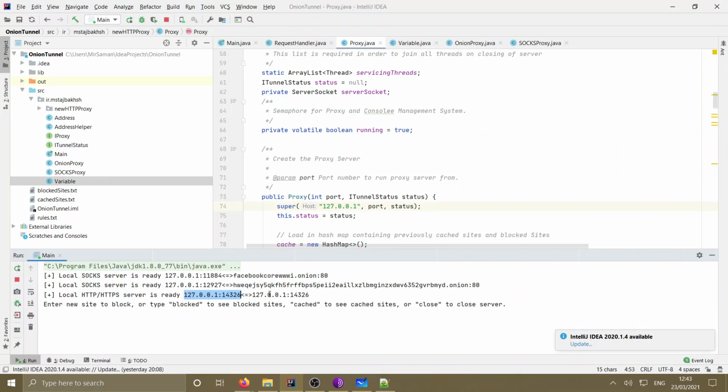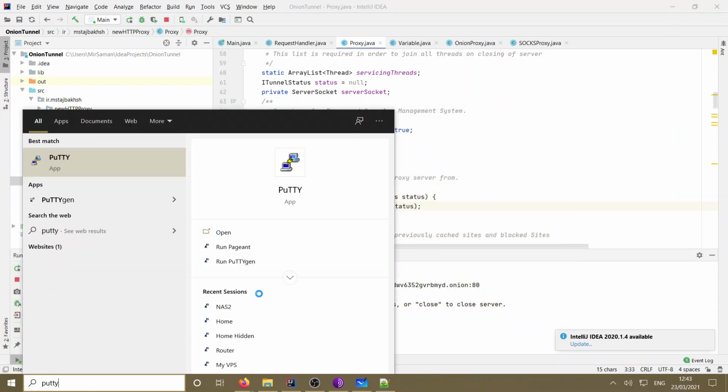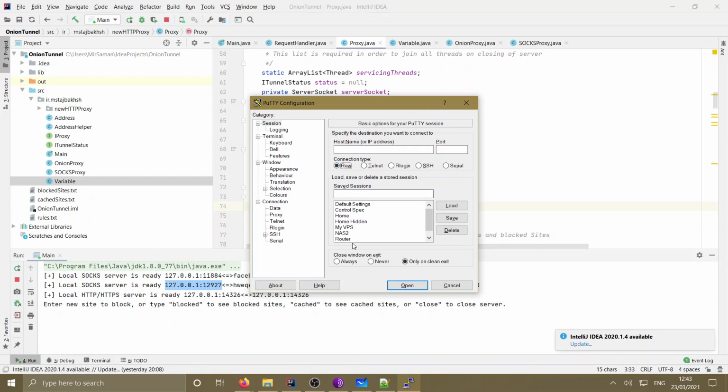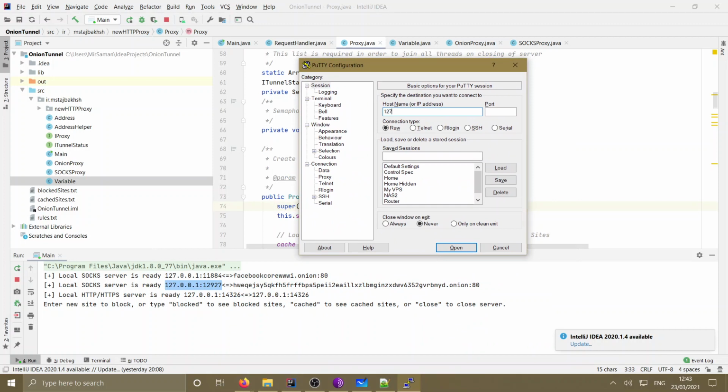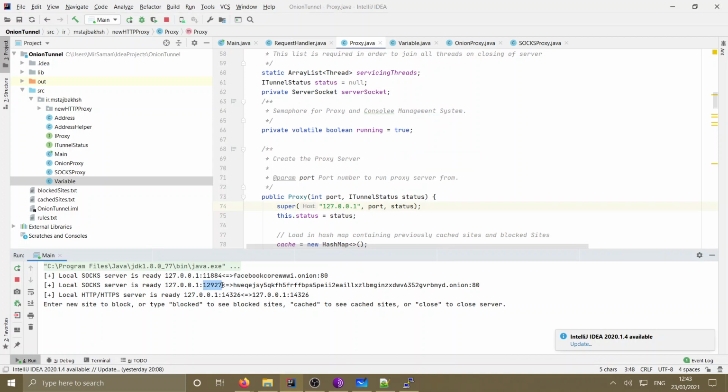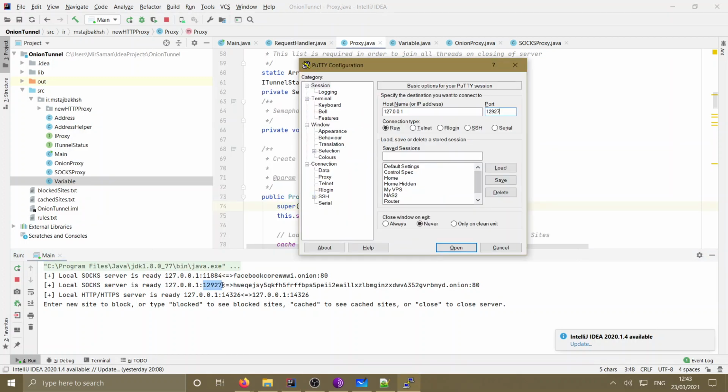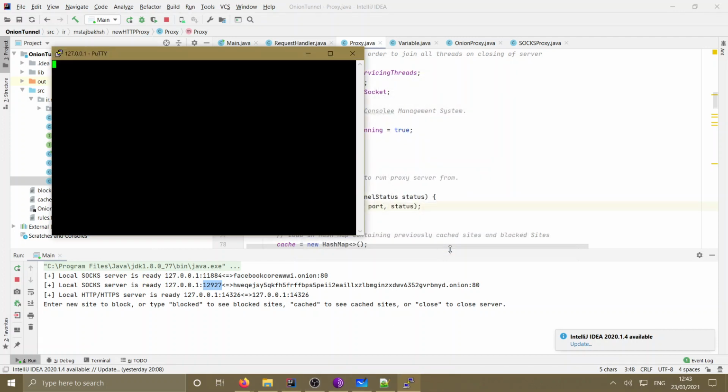Okay, let's do some tests. For example, I want to connect to this address, which redirects to this onion address. I'm using PuTTY and making a raw connection to localhost on port 20927. I know it's an HTTP hidden service, so